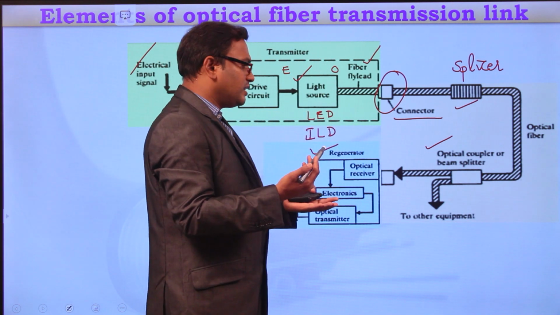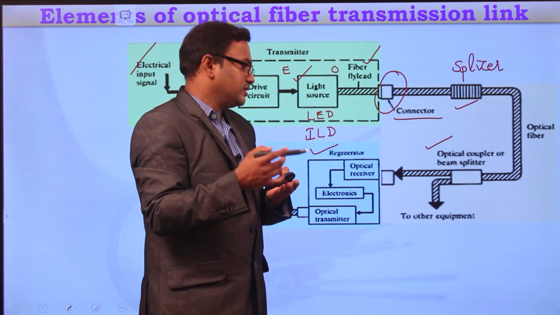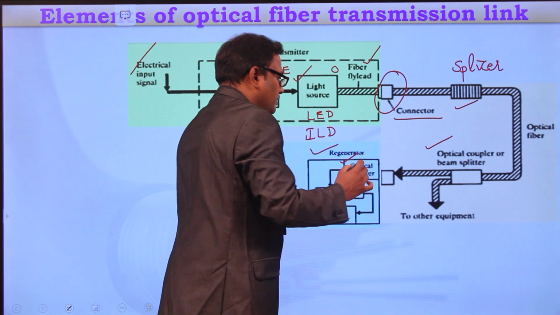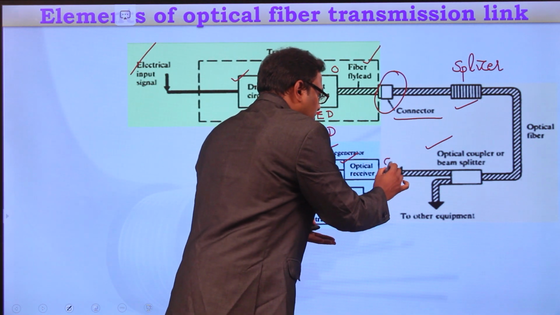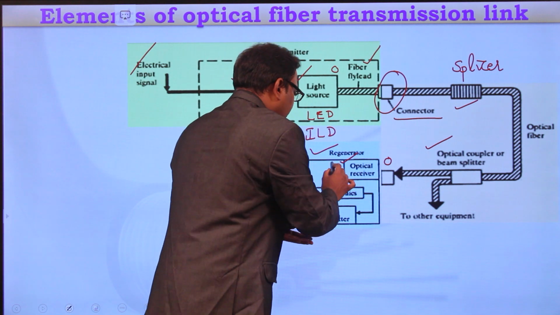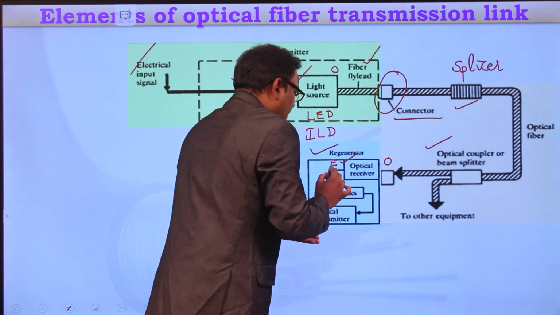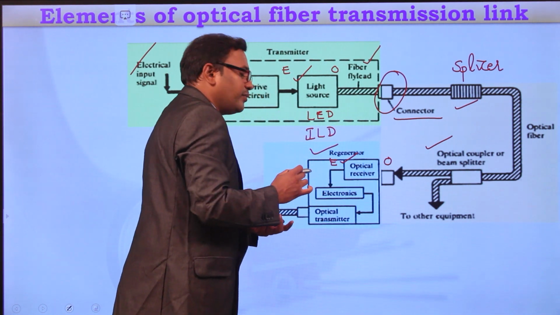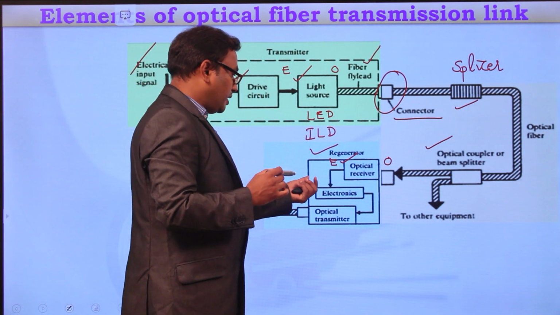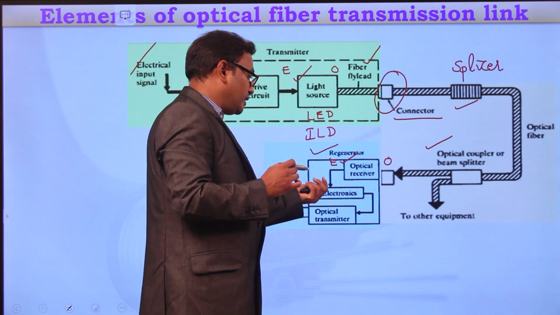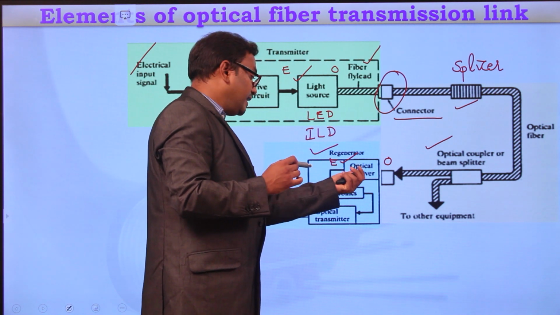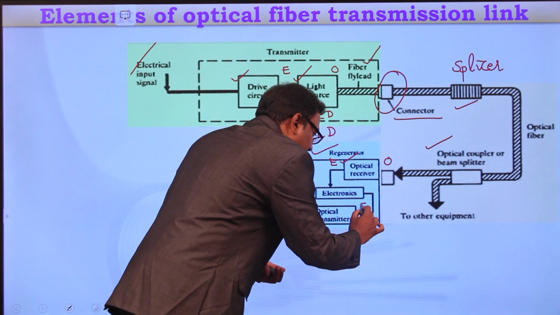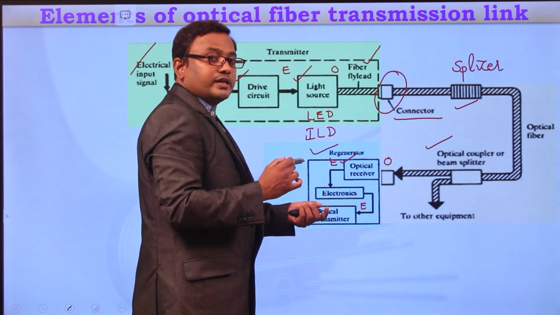Similarly, just by using the detectors. By using any kind of optical detector, either PIN or avalanche photodiode, the optical signal which is coming from the channel will be converted into an electrical signal, and this electrical signal will be given to the electronic circuitry, generally the amplifier circuit. By using suitable amplifier circuitry, this electrical signal will be amplified, and this amplified electrical signal should again be converted into an optical signal,